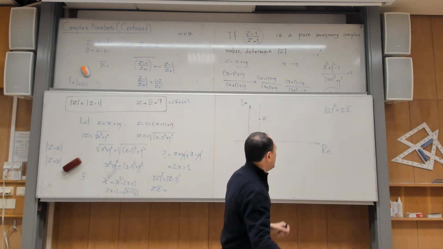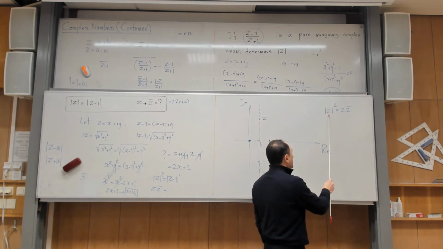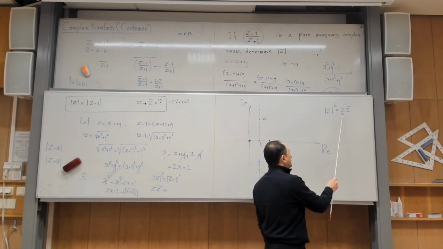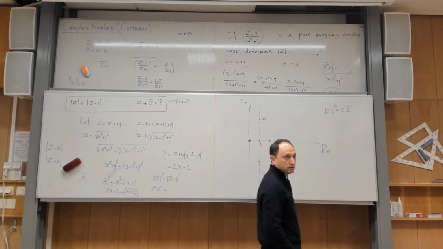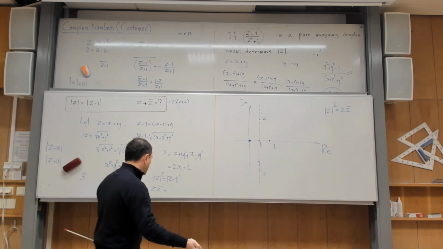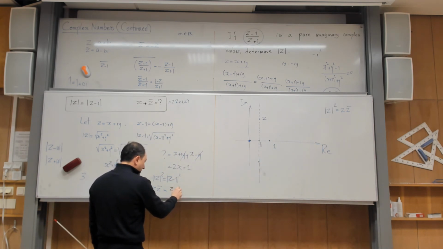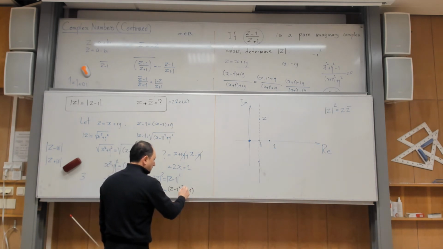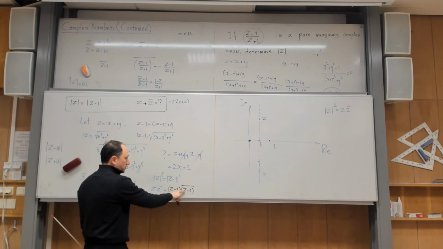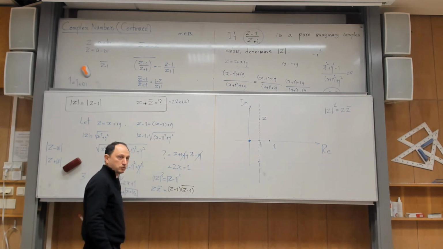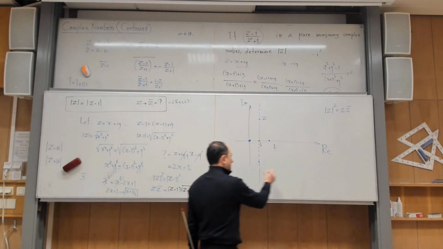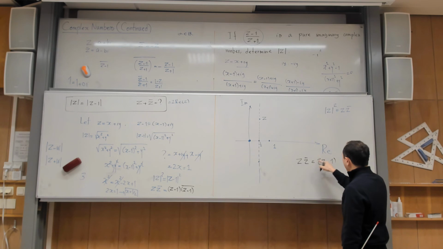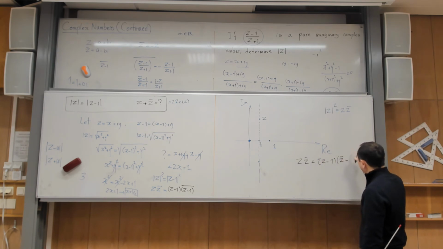This tells you that if you have a complex number, any complex number, and you want to take absolute value squared, there is a rule for that. Just multiply that number by its conjugate. Yes? So you write the conjugate. Exactly. You write this and multiply it by its conjugate. But you learned that the conjugate can be broken down into pieces when it comes to this sign. So let me write it here. z z bar is equal to z minus 1 multiplied by z bar minus 1 bar.